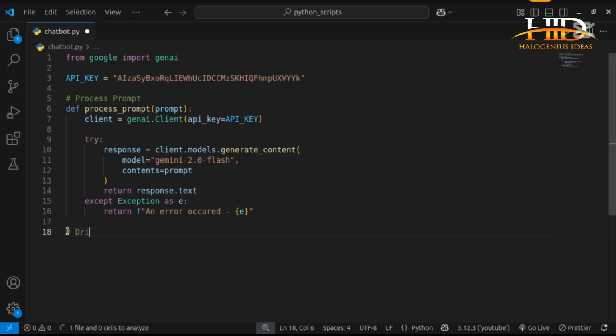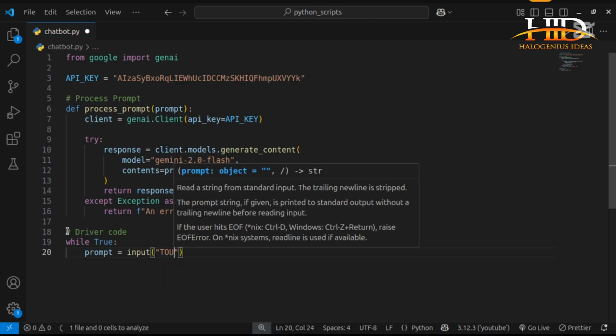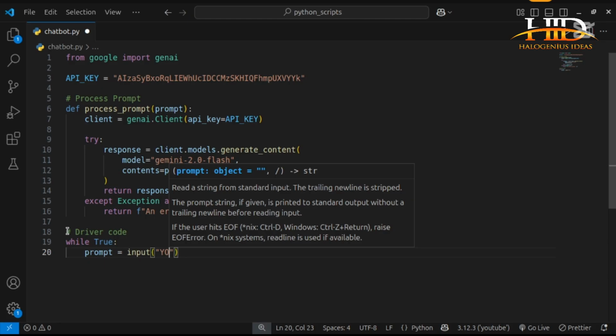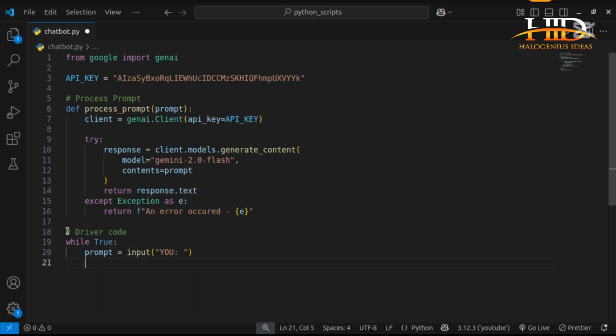So for this driver code, just say while True. I'll give the user the opportunity to enter their prompt. So prompt equal to input. Then for this input, I'll just say You, then I'll give it some space. Then I'll check what the user entered. If the prompt.lower()